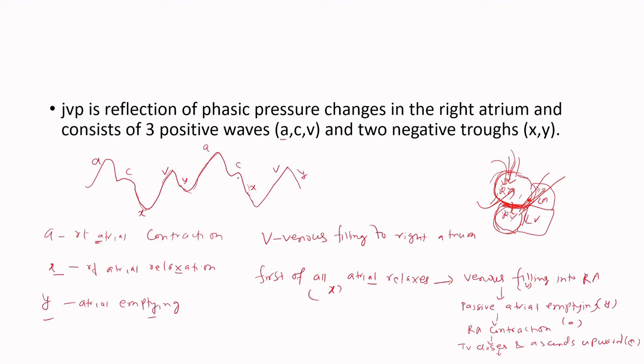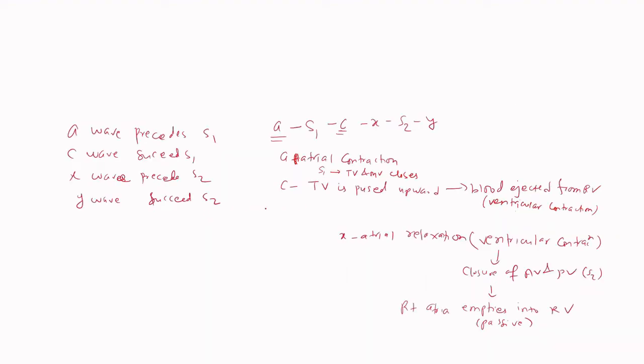Okay, and it ascends upward. If blood is pulled into the right ventricle more and more, it pushes the tricuspid valve upward, and that produces the C wave. It is a small positive wave that occurs for that reason. Then the atria relax again, blood fills again, and another waveform occurs. In this way it keeps occurring.